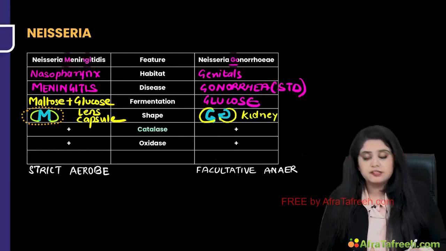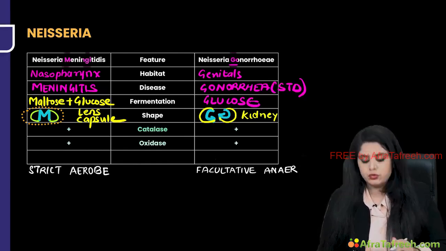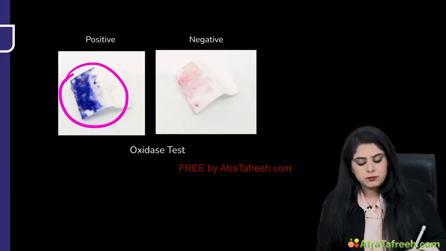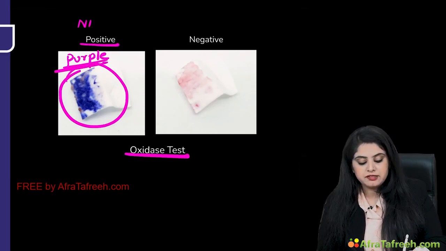Next, I told you both of them are catalase positive. Remember, both of them are oxidase positive also. Let me show you the oxidase test that is done. This is an oxidase test which gives you a purple color. When you get a purple color, that is indicative of a positive oxidase test, and that is positive in both Neisseria